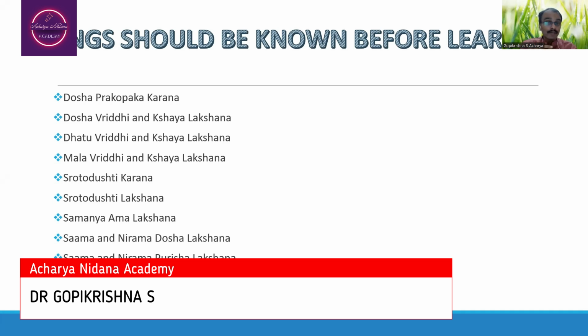Charaka Vimana, 5th chapter. As far as Srota Dushti Lakshana are concerned, Dushtanam tu Kalbesham idam Vishesha Vijnana Bhavati Tadyatha